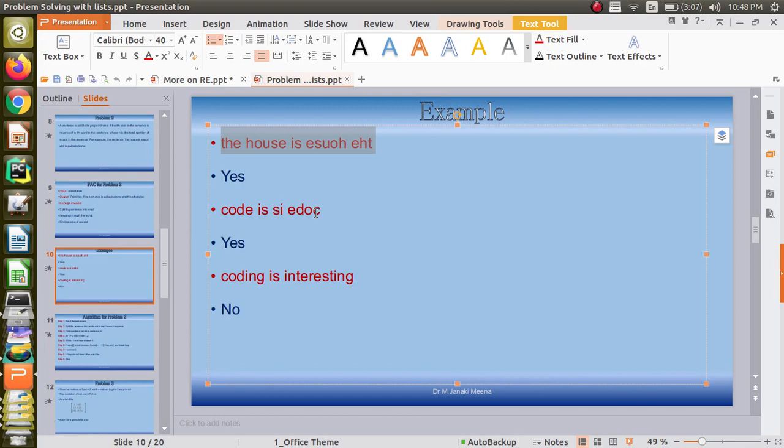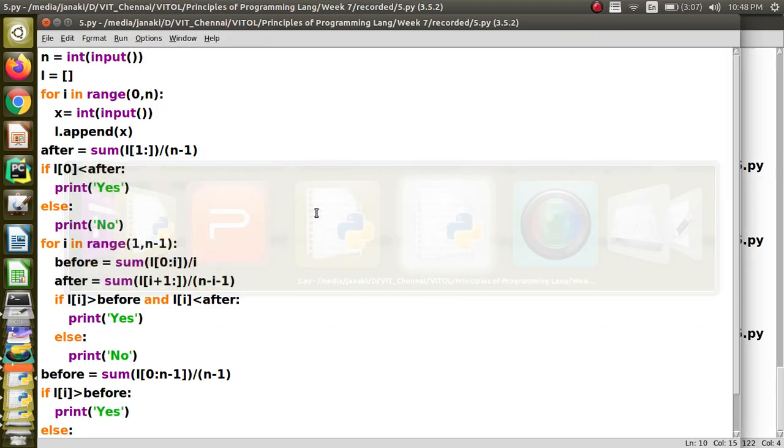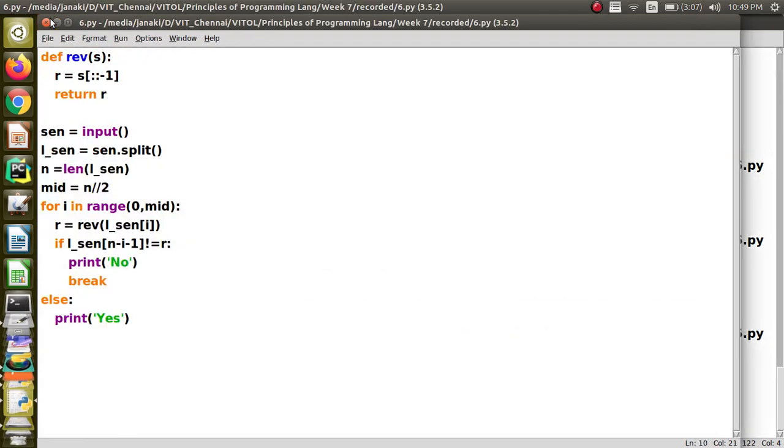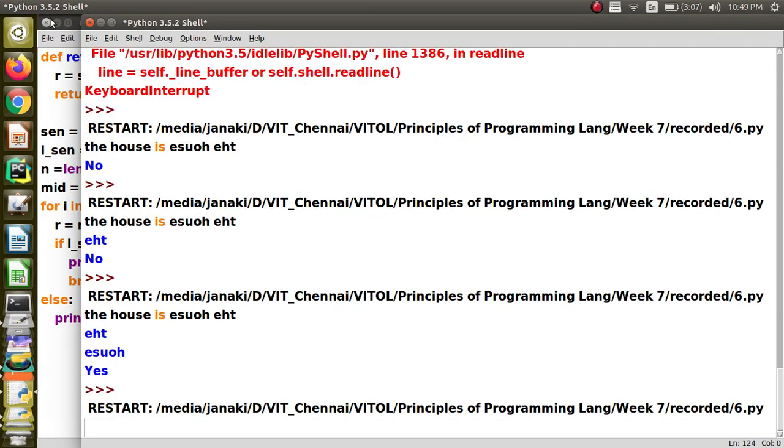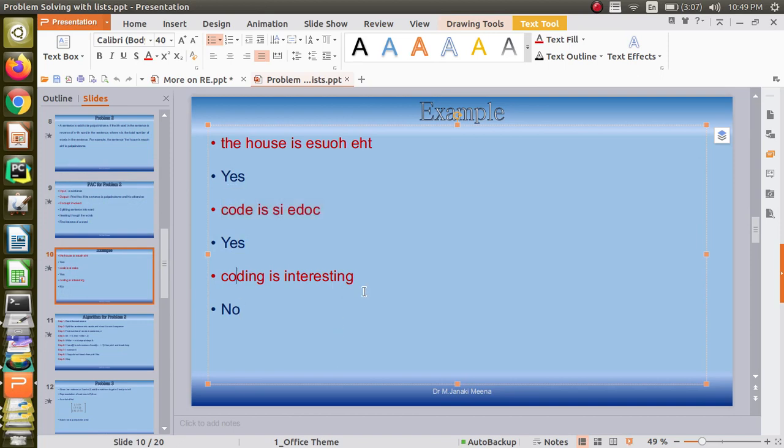Fine. Let us give the next sentence. Now the last one.